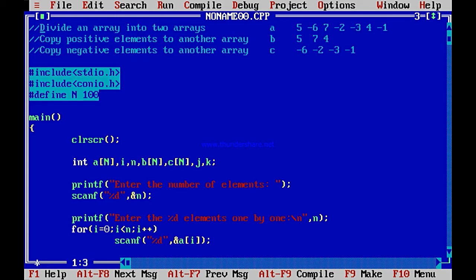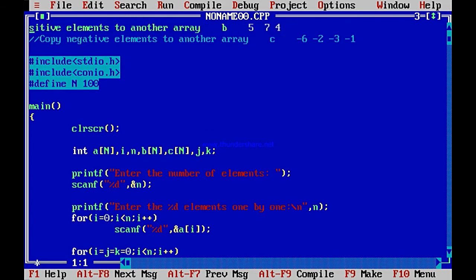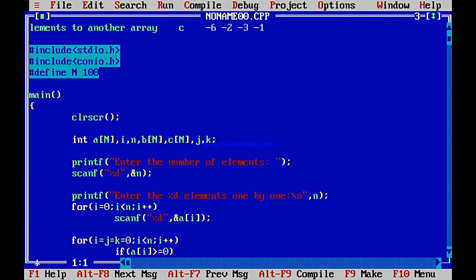I have divided an array into 2 arrays. This program was dividing the array into 2 arrays. What if now I give a task of merging 2 arrays? That is, let me get rid of this thing. Merging 2 arrays into one array. That is, one array contains 5, 7, 8, 9, whatever. And another array contains 9, 2, 3, 4, whatever. These 2 arrays will be combined to one array. Merging 2 arrays into one.